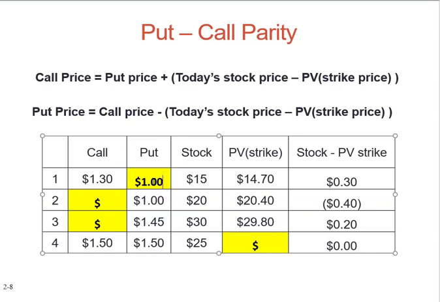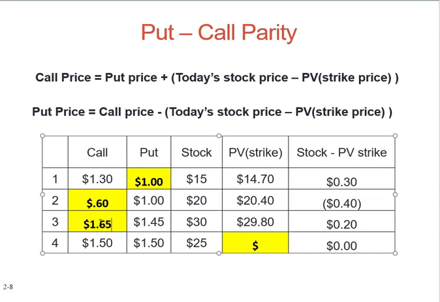If we look at 2 and 3, in both cases, we're looking for the call price. We look at the top formula. Call price is the put plus the price differential. So number 2, the price differential is 20 minus 20.40, which is 40 cents negative. $1 minus 40 cents is 60 cents, so the call is going to be cheaper than the put, and it'll be 60 cents. If we look at the next one, the stock price is greater than the present value of the strike by 20 cents, so the call is going to be greater than the put price by 20 cents, so it'll be